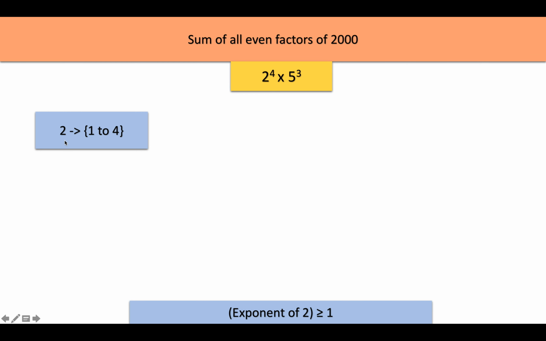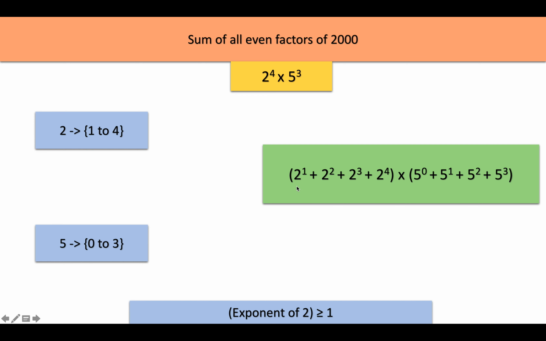Now the options that 2 has is 1 to 4. And options that 5 has is 0 to 3. Options that the exponent of 5 has in a factor, right? So again we'll see that 2 has the options 1 to 4. So we'll add all those options by raising the powers and then multiply those two terms. So we'll have 2 raised to power 1 till 2 raised to power 4. We are adding all these. Similarly for 5, we are adding 5 raised to power 0 all the way up to 5 raised to power 3 and then multiplying this. If the exponents here are very big, you can use the geometric progression sum to easily calculate, right? So the answer here comes to be 4680.